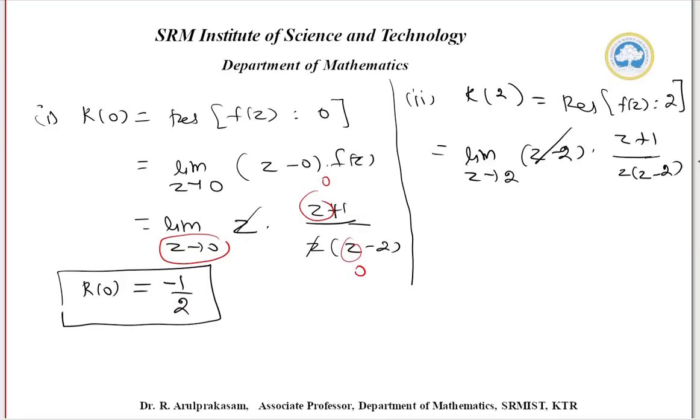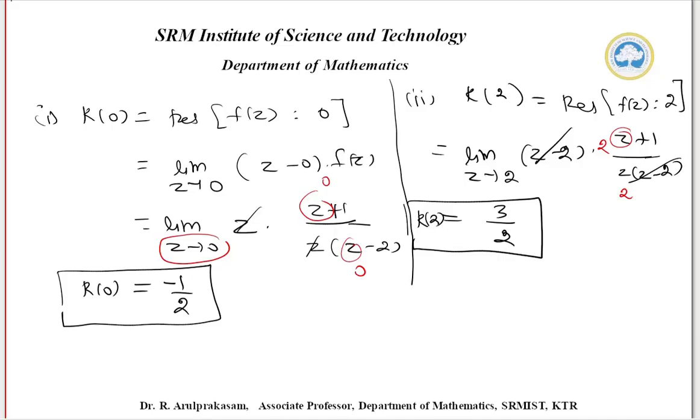So I am eliminating z minus 2 and z minus 2. Now, instead of z, substitute 2. Instead of z, I am substituting 2 here and 2 here. My answer is 3 by 2, right? 2 plus 1 is 3, so here it is 2, 3 by 2. So this is the first method for finding the residue at a simple pole, at z equal to 0 and z equal to 2. Next I move on to one more problem based on this: how to find the residue value